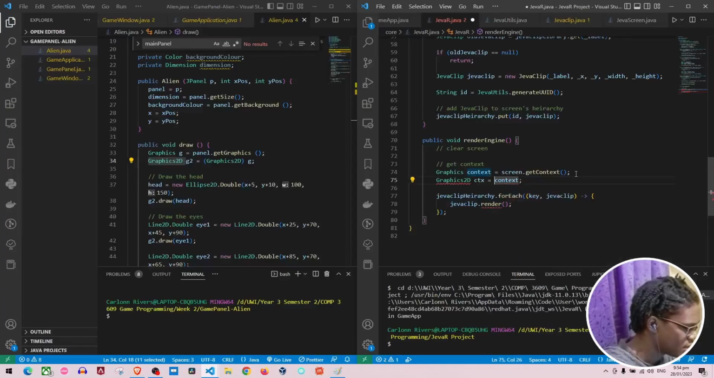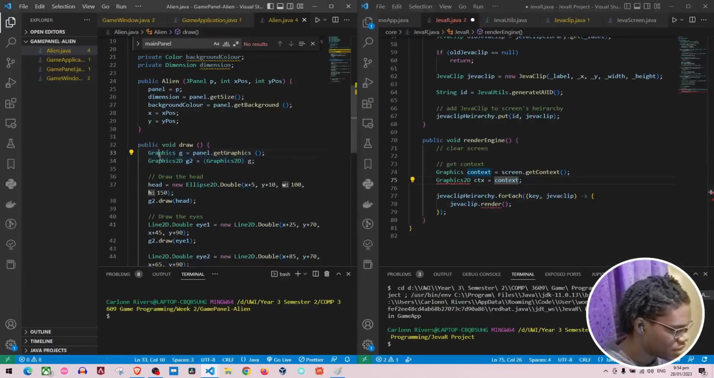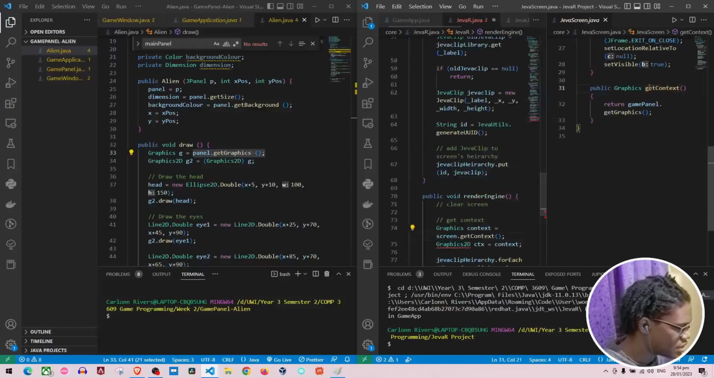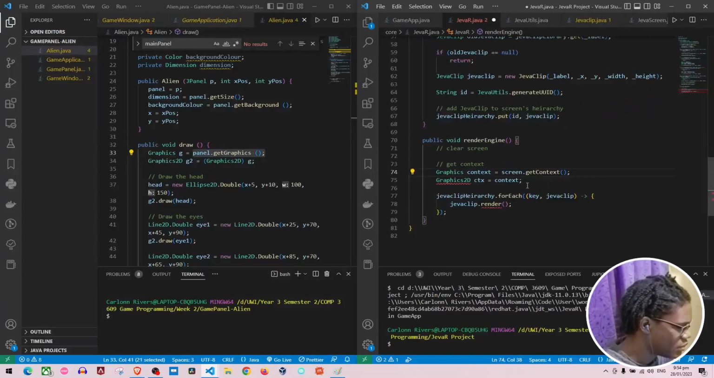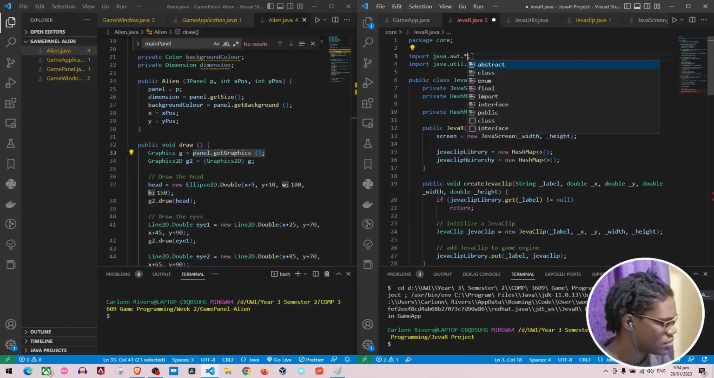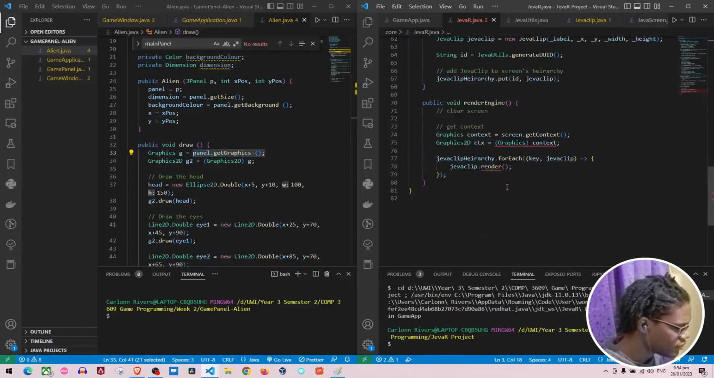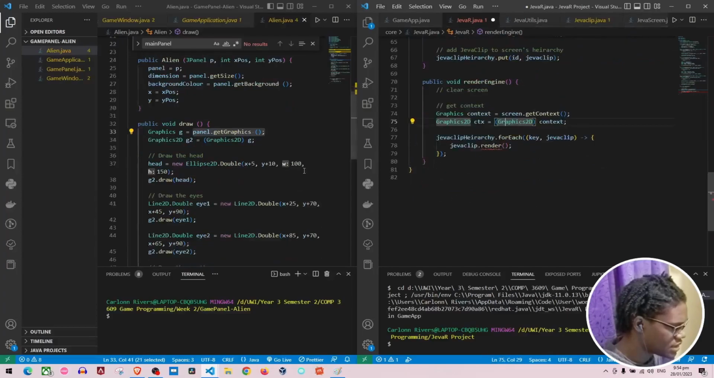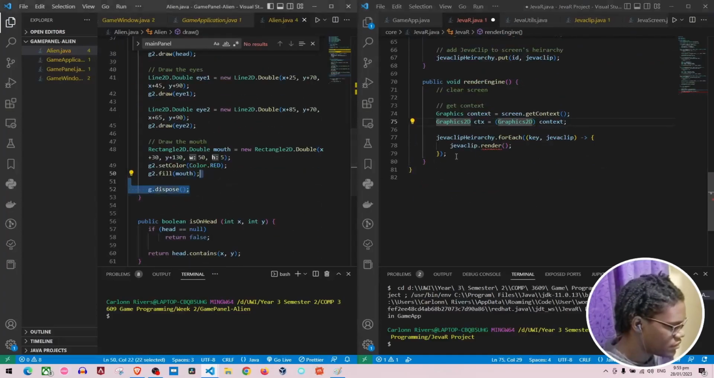Well, we're going to cast it. I'm just following along with this code over here. So there's Graphics g = panel.getGraphics. Well, our method is Graphics context = screen.getContext, because our screen.getContext is the method that returns the getGraphics on the panel, and then we're just going to cast it. We have to import this as well. Let's just import all the AWT stuff. Graphics2D context. Now at the end, when we've rendered everything, we want to dispose of the context,